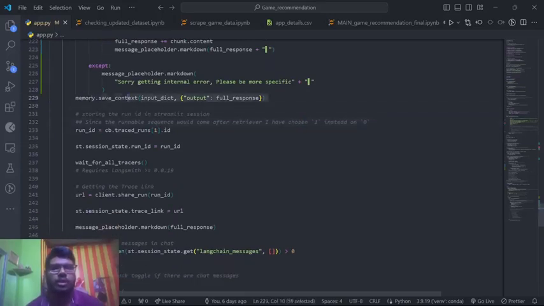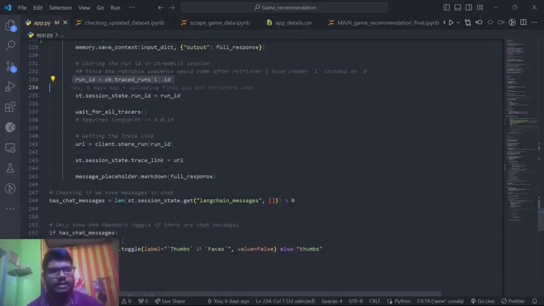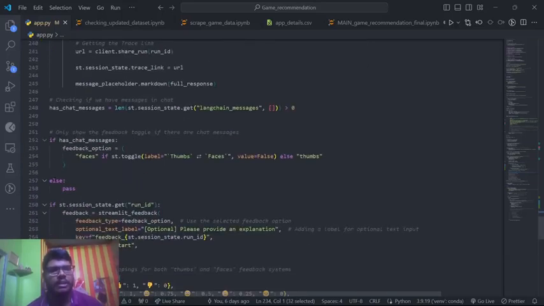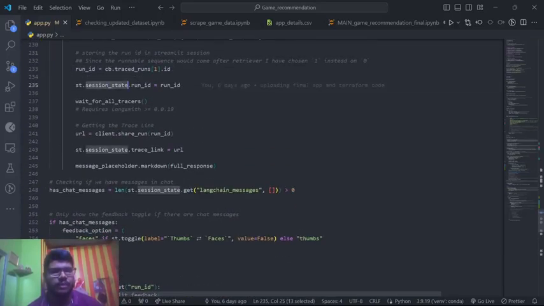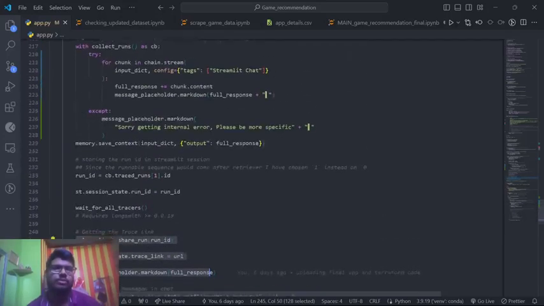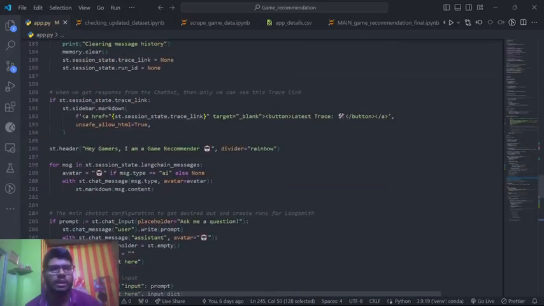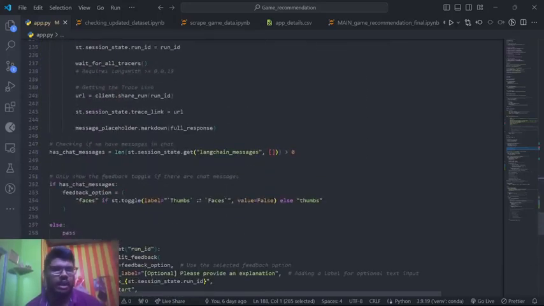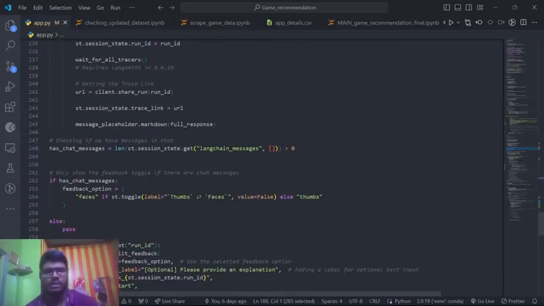And from here, it would also get saved to the context. And here I am taking run.id. Here is the session. Whenever we get run.id, it would be saved in session. And by this run ID, we would get the runnable trace, our trace that would be shown by this trace link. Okay, and then whenever we have a response like this and we get the chat response,